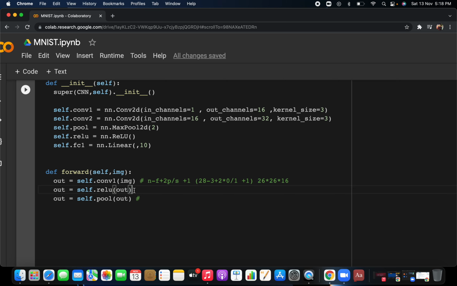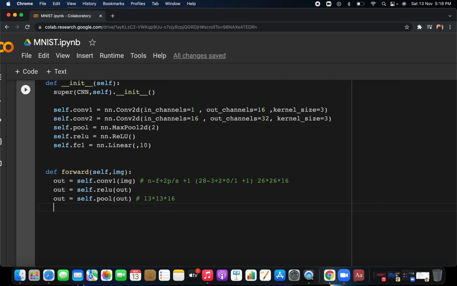In the ReLU, you are making your network a nonlinear model. You keep the neurons with larger pixel values, and if a pixel is negative, you remove it, because that pixel does not contain any information. Then you perform the max pooling. Max pooling just reduces the dimension of the image, but not the depth. So the size will be 13 cross 13 into 6, divided by 2 because the filter size is 2.